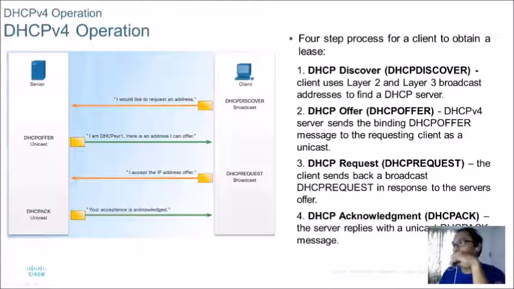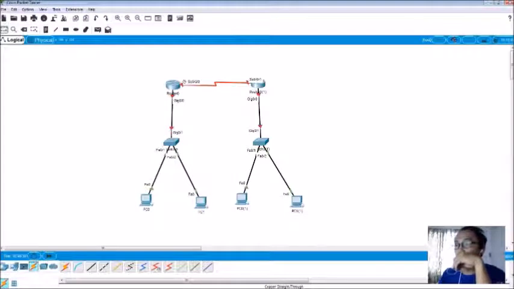Then afterwards, the DHCP request. The client sends back a broadcast DHCP request in response to the server's offer. So basically, they are still communicating: hey, I want it, is there a DHCP there? If there is, it offers. Okay? Because this is not the only server that you have. There are so many, so it depends on what kind of server responds. You will see later in the Packet Tracer that if this router here becomes the DHCP server, it will give out IP addresses here and here. So therefore there are two networks present here. Okay? Sige. So going back,